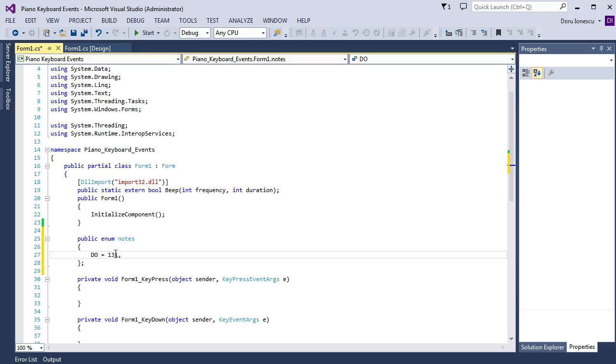Do, Do sharp, Re, Re sharp, Mi, Fa, Fa sharp, Sol, Sol sharp, La, La sharp, Si,